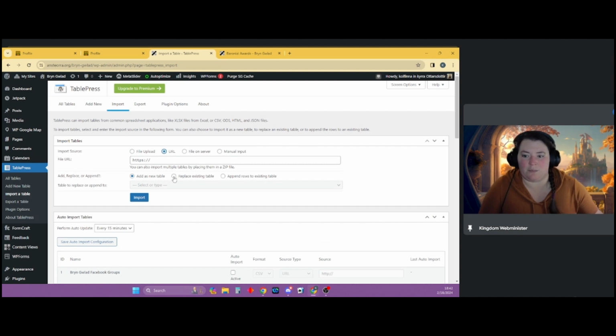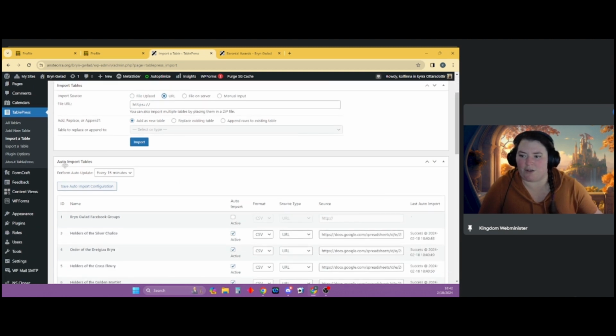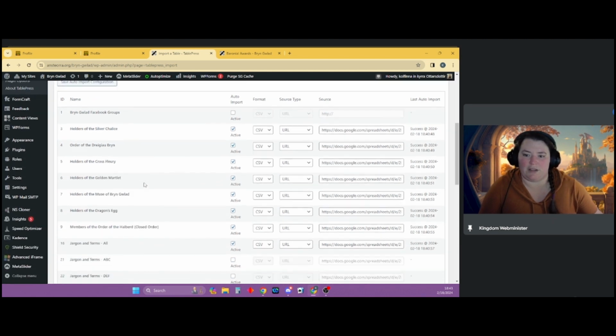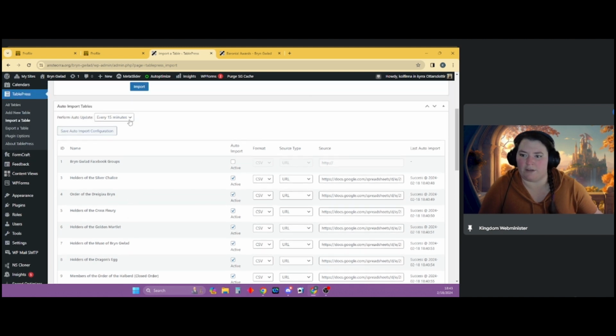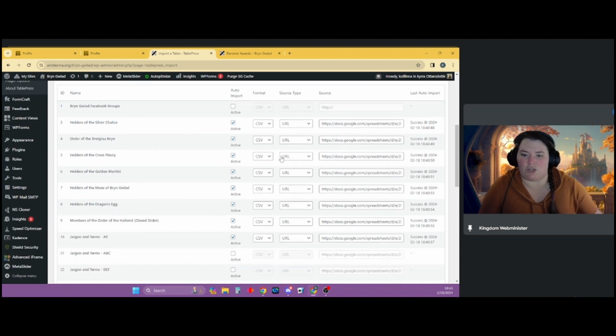URLs ends up being the most useful because it also has this plugin, auto import configuration. And so you can say for any one of these tables on some schedule, every 15 minutes is actually way too often, you say do once daily, twice daily, whatever. Check,